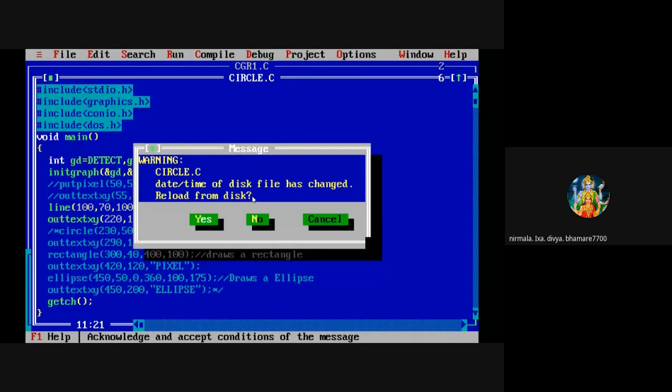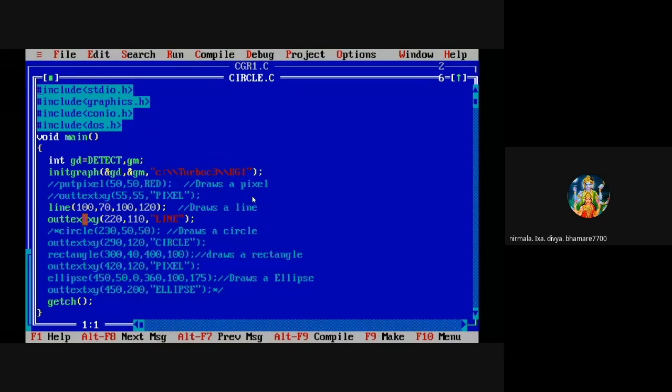So what changes do I make to plot the line vertically? I will keep the x coordinates constant. So 100, 70 is the starting point of the line and 100, 120 is the ending point of the line. So the x coordinate I will keep constant, which means only the y coordinate is going to change and the x coordinate will remain constant. So in this way, a vertical line will get plotted on the screen. Okay? Have you understood?